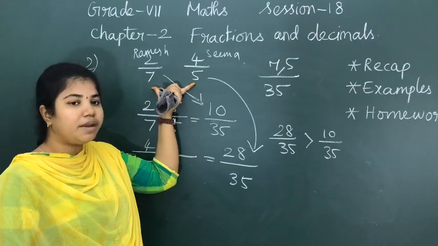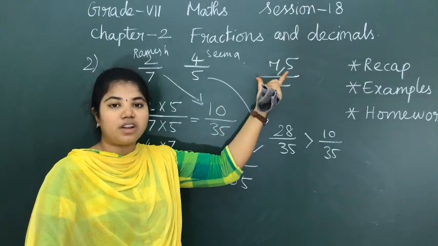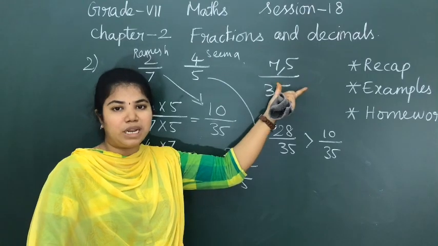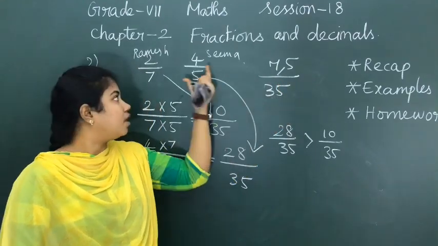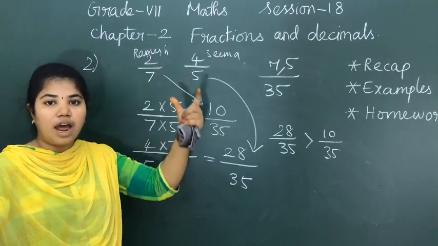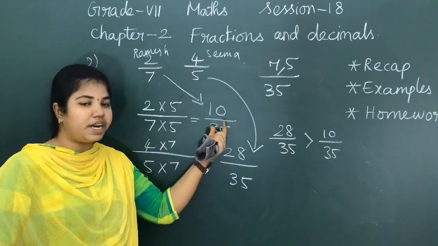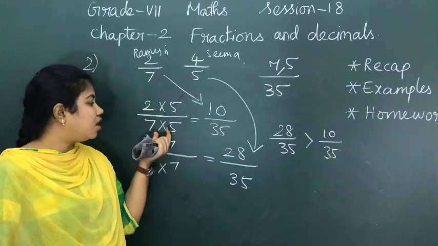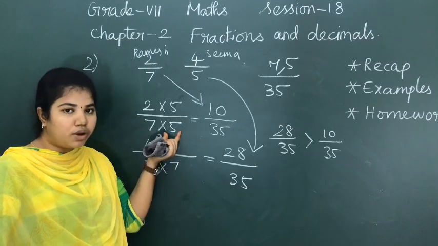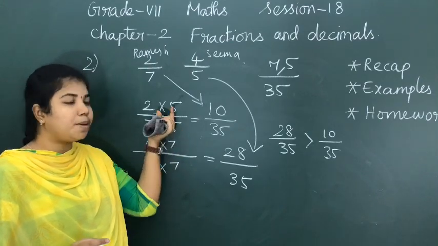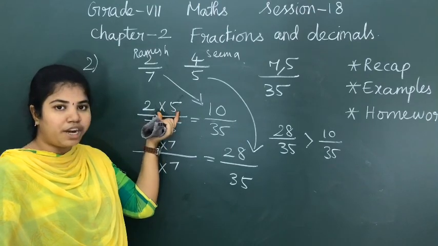Now what is the denominator? 7 and 5. Take the LCM of 7 and 5. 7 and 5 are not in the same table, so let us multiply them and you get the LCM as 35. Now this should be changed to another fraction. Take that fraction. What is our LCM? Equal to divided by LCM 35. Now 7 into dash is equal to 35, 5. So for an equivalent fraction what you have to do? You have to multiply the same number on the numerator. So into 5 is given to the numerator also.